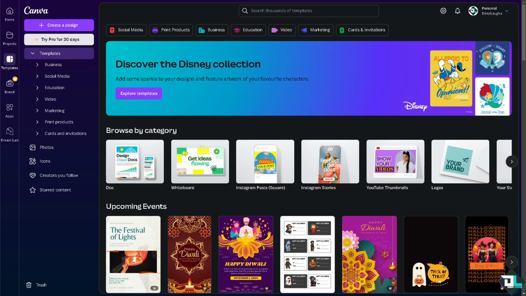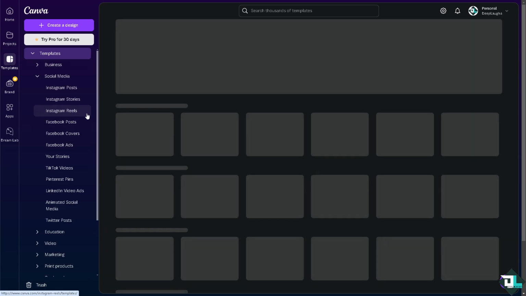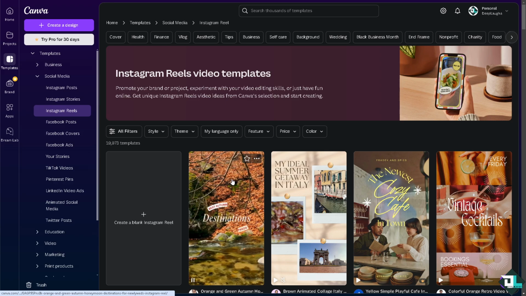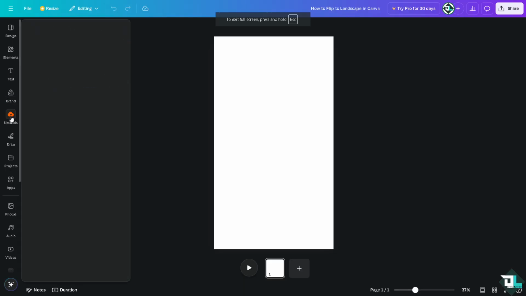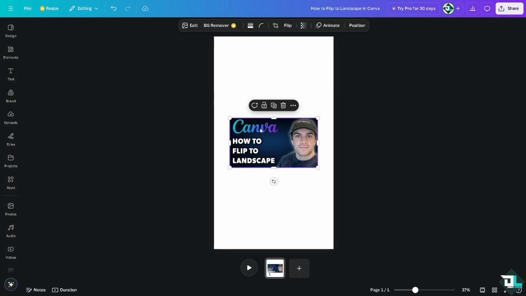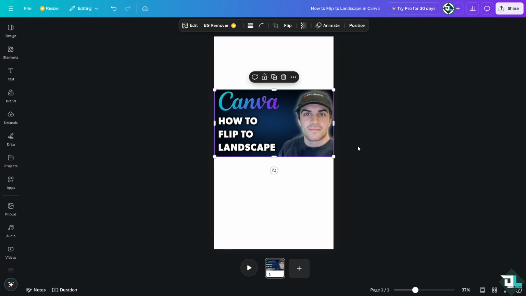Flipping a design to landscape orientation in Canva is a straightforward process that can serve practical and aesthetic purposes once you're logged into your account. I'm going to be working with a social media design, and I'm looking at Instagram Reels. By default, it's going to be a portrait orientation. I'm going to click on create a blank Instagram Reel, and then in this case, I'm going to upload an image. Right now, alongside the image right here,